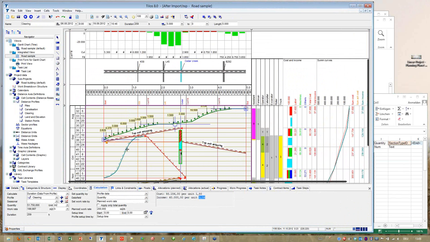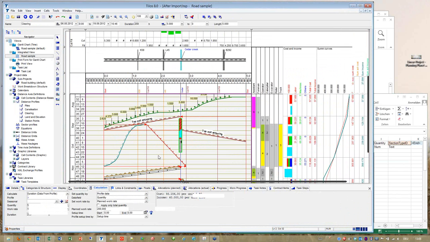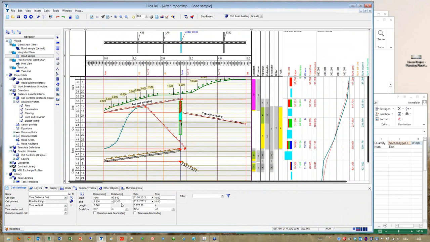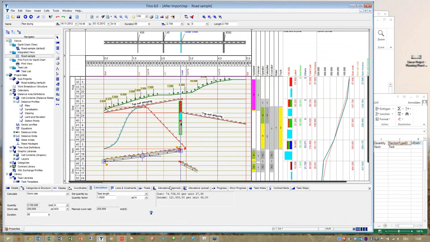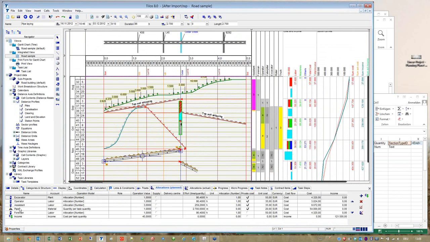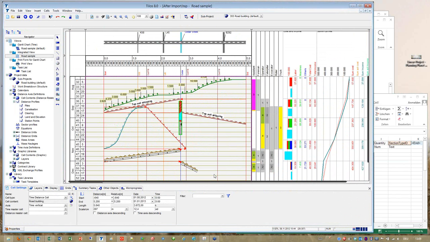For the other activities, like here the pipe laying, we also got further resources allocated, like pipes, which is material. So we got the same set of resources like we have in Primavera. We can graph them